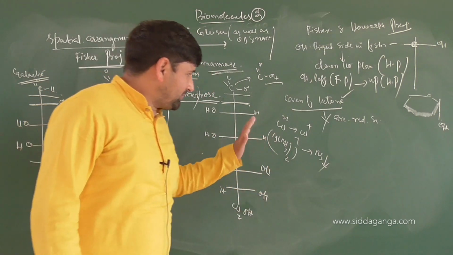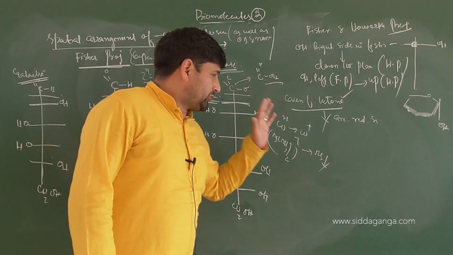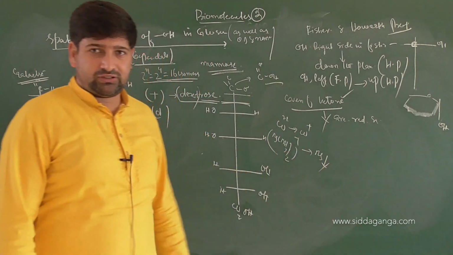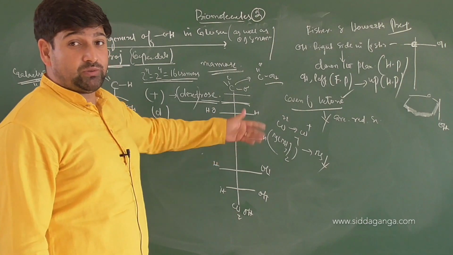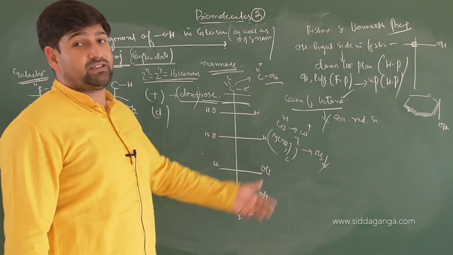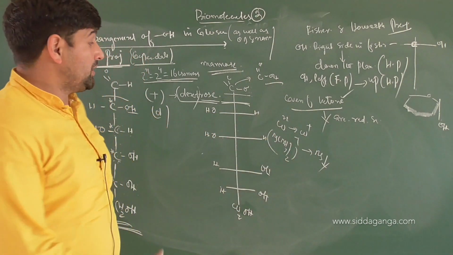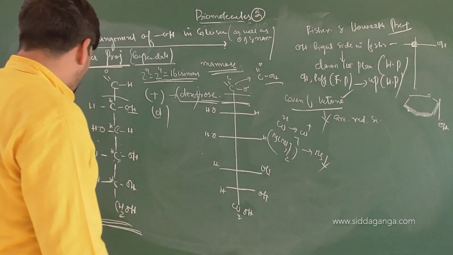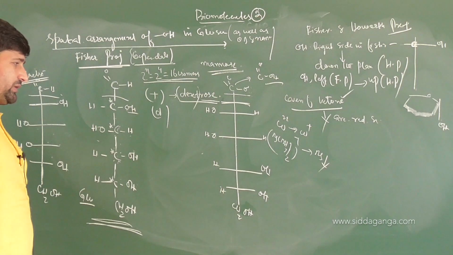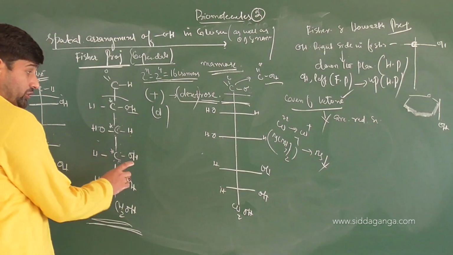We will have one class of discussion with respect to Tollens reagent and Fehling's solutions, and how aldehydes and carbohydrates give positive and negative tests, and what the distinguishing factors are. We'll have a discussion on that itself. But for now we are trying to understand the basic criteria here. One more name that you can add, children, is for this glucose molecule I am talking about.